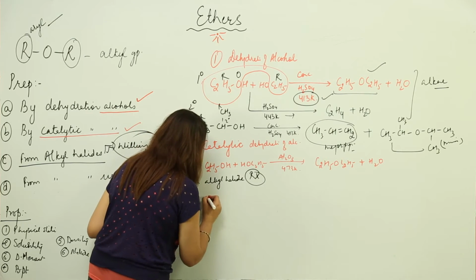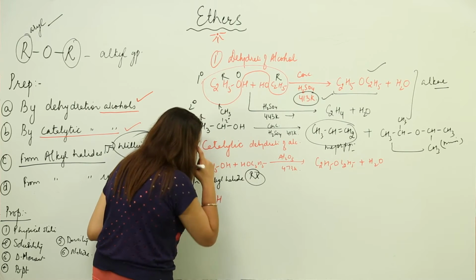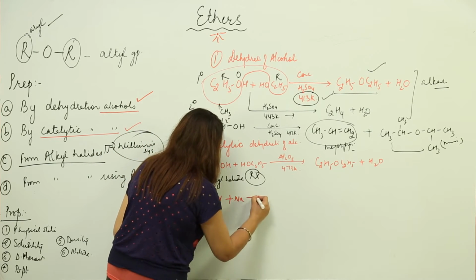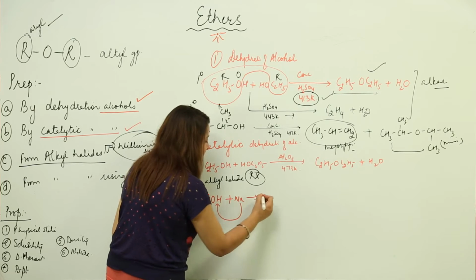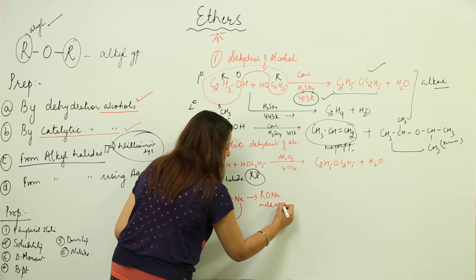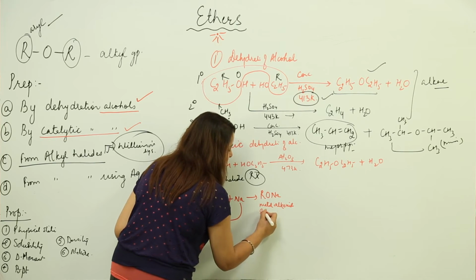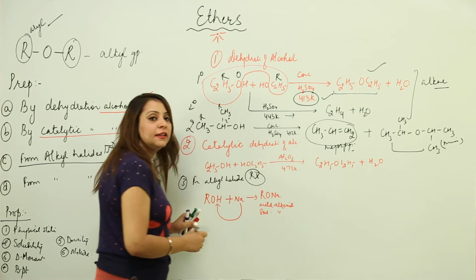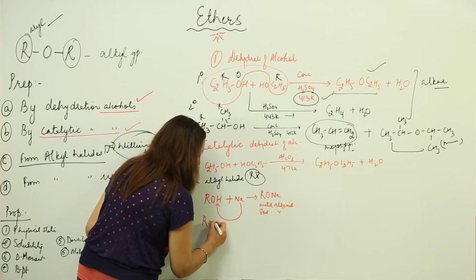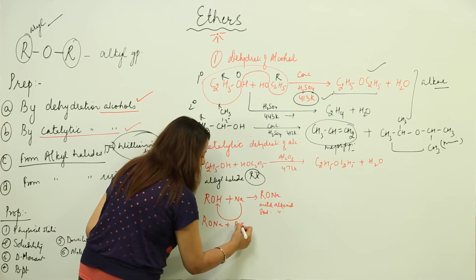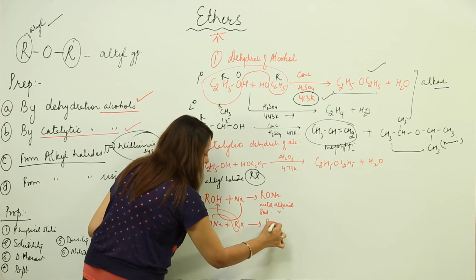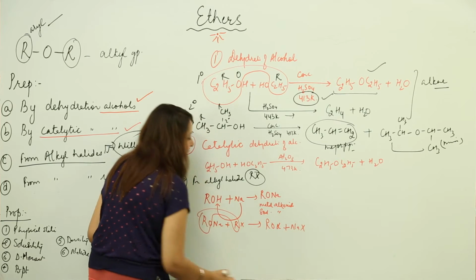First I am going to take an alcohol, let's say my alcohol is ROH. So I am going to prepare an alkoxide ion, suppose I react with Na, and Na being more reactive replaces H, so I get metal alkoxide, and which metal? Sodium, so it is sodium alkoxide. Now this sodium alkoxide is going to react with the alkyl halide. So this is sodium alkoxide, I react with alkyl halide, right. It will form ROR, and along with that we will get NaX.